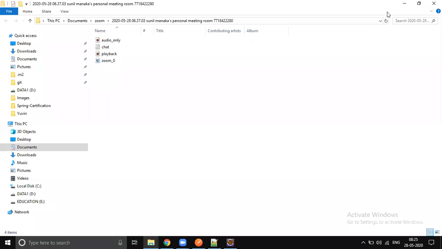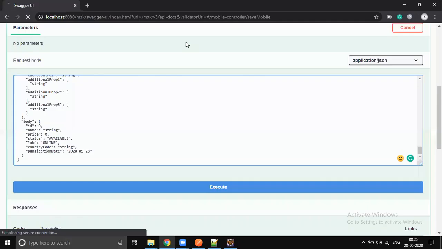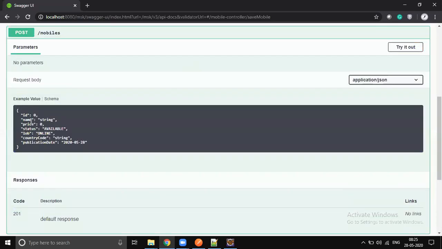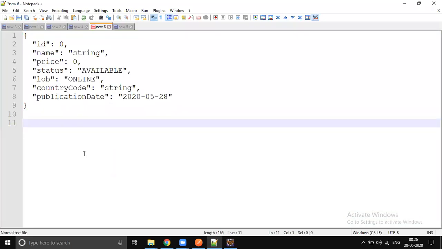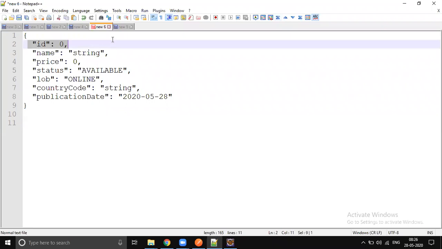Yeah. So now let's go back and just refresh your Swagger screen. You see the body is this, right? So only ID, name, price, status, LOB, and record. But there are a couple of things, right? By looking into this request, can somebody say what is wrong with this request? ID they are passing. This ID they're not supposed to pass, right? Yes, this is a generated thing. And price must be greater than 0. We have to keep that logic also.